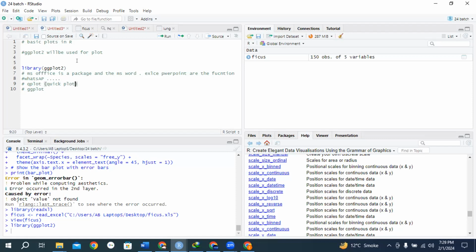When you need a quick plot, you can use qplot, but when you need a high quality plot, you need ggplot. ggplot means grammar of graphics. qplot, quick plot. So when you draw a quick plot and when you draw a high quality plot or ggplot,